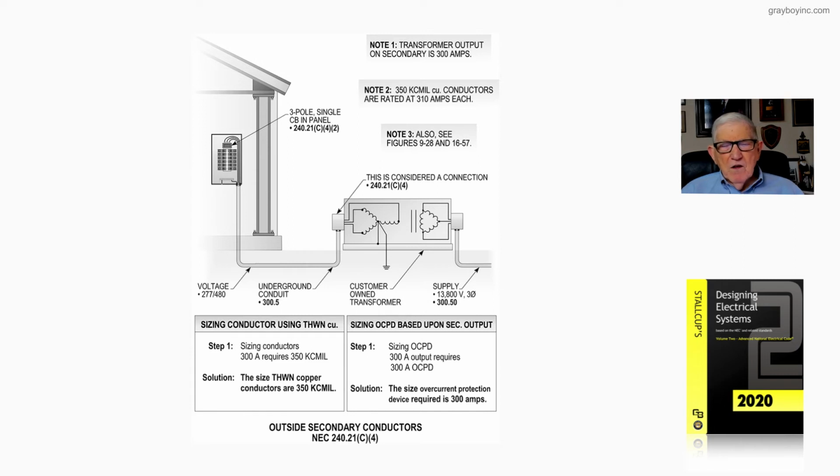Now, sizing the overcurrent device, in the second boxed-in information with a title here, sizing the overcurrent device upon secondary output. Then we'd have 300 amp output requires a 300 amp overcurrent protection device, and that's the solution. The overcurrent device is 300. Now notice the overcurrent protection device will protect the 350 kcmil conductors at 310 and protect that output at 300. So this would be an installation that would comply with 240.21(C)(4), and this is